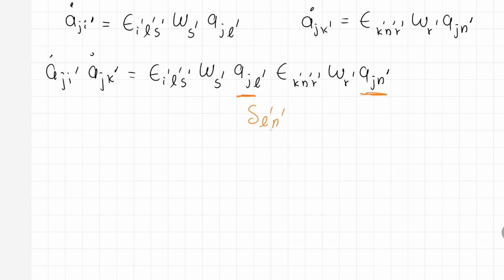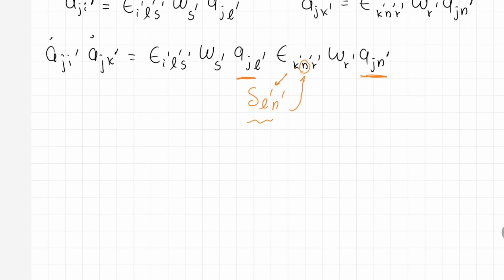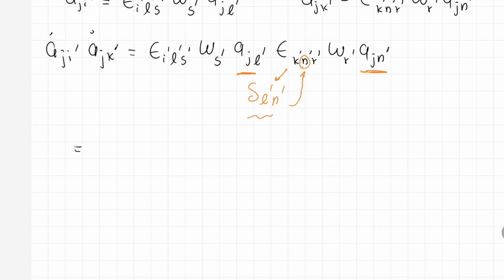Okay, and we can operate that Kronecker delta with this Levi-Civita symbol. We see here that this will transform the Levi-Civita symbol to epsilon, sorry, KLR. Okay, this N will be switched to an L by the Kronecker delta. So that means that we are going to get epsilon I L S omega S and then omega R and then the Levi-Civita